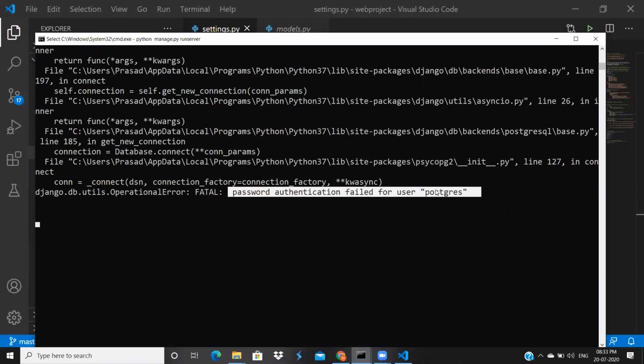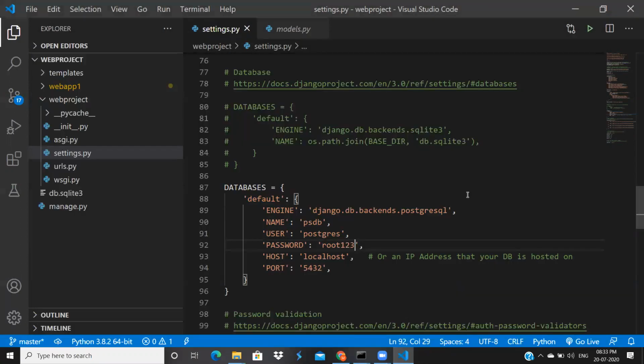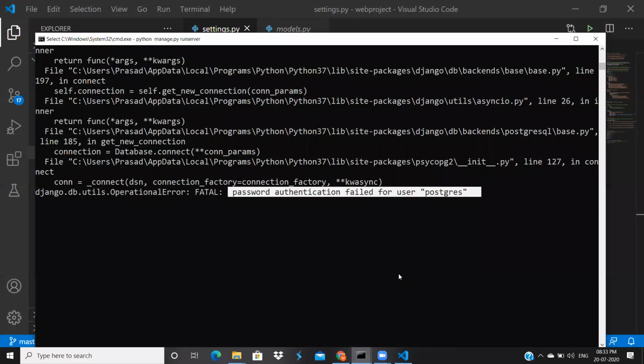If the database is not able to connect with Django, it won't start the server. Directly it is going to throw an error. You cannot bring up your application until you give the correct password. Definitely you have to give your username and password correctly, then only you can use your application.